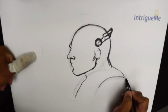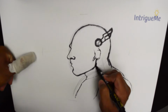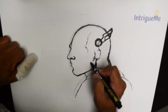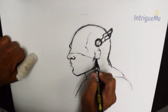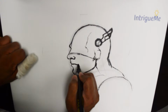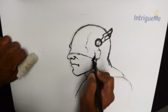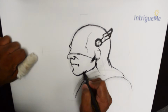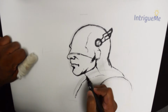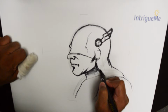Right there is the shoulder. Alright, neck muscles and everything. So that there is the temple. His mask usually goes along somewhere there. Mouth. Some details right there. Some details right here. Some details again, and